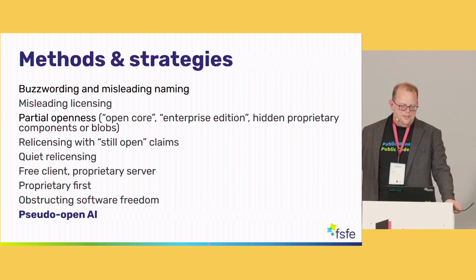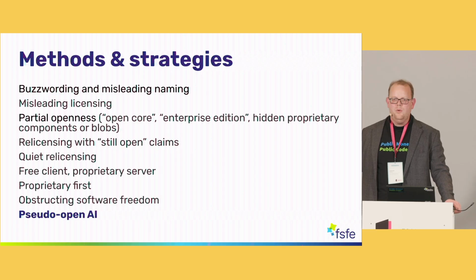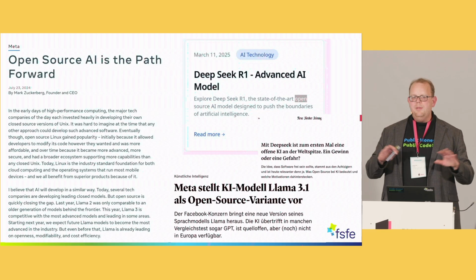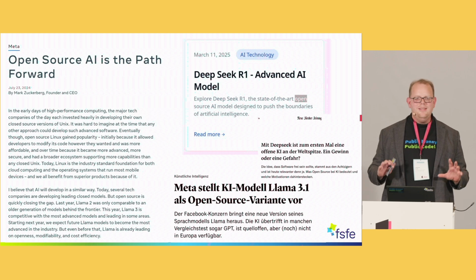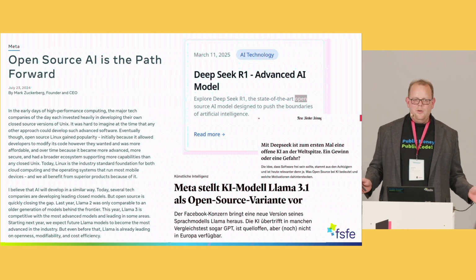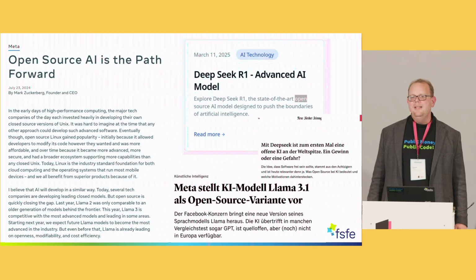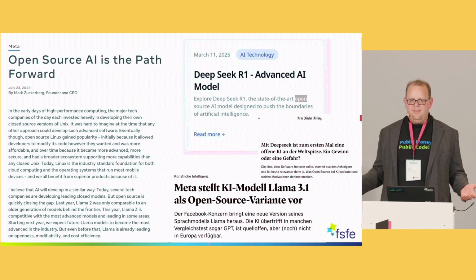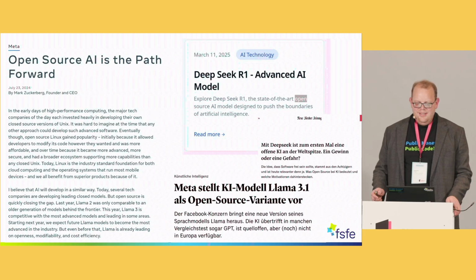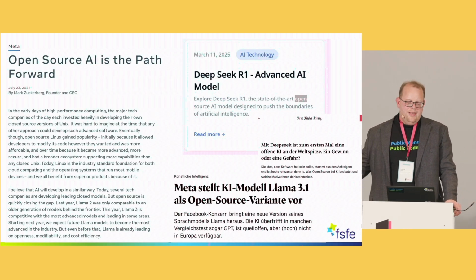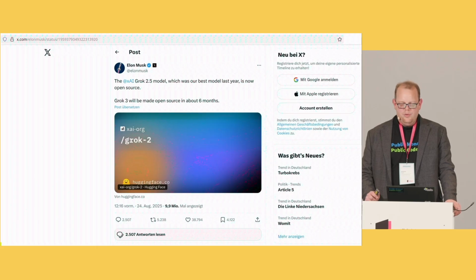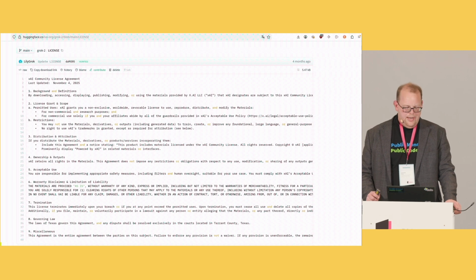I will skip some points now and directly move to pseudo OpenAI, which I think is quite important now. Even in the whole debate about free software models, is there free software AI? There are good arguments to say that we need the training data, but even if you say that open weight would qualify as open source, which many of us don't, I think, then even in that case we will find a lot of examples for open washing. There is, for example, xAI's Grok 2.5, which should have been released as open weight or even open source. If you look at the license, it's a proprietary license. So not even open weight in the sense of